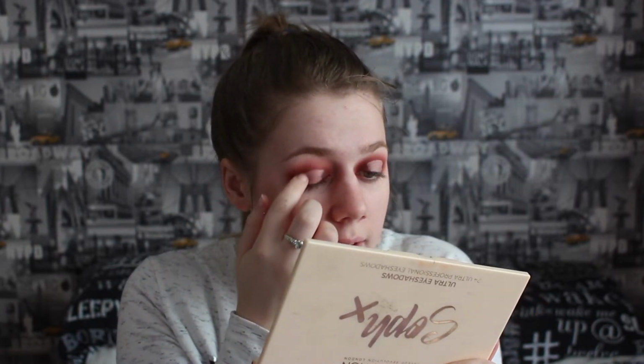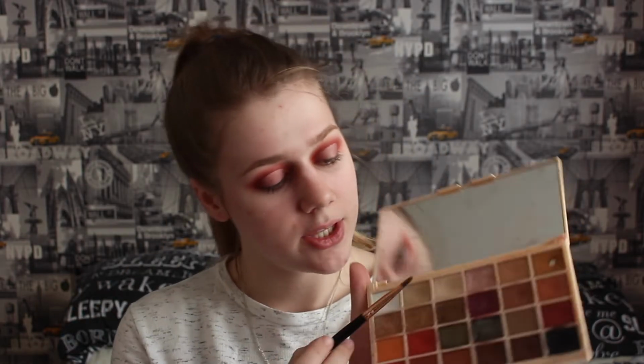So once I've done that, I like to take my finger and blend these edges a little bit, just because I don't want them being this harsh before I put down my little shimmer. So now I'm taking a flat brush and I'm going to go in with the shade